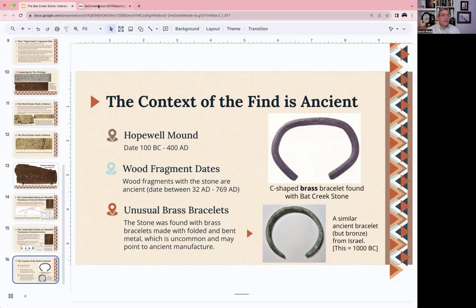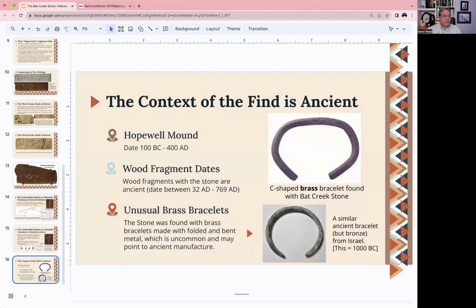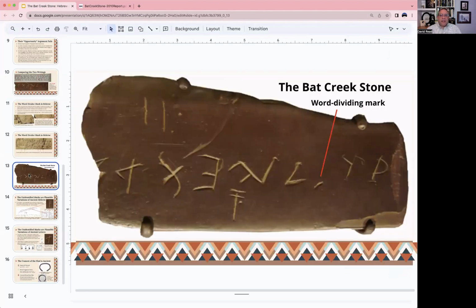In addition, for the Bat Creek stone, now these people are related to the America Unearthed series, so Scott Wolter. But Scott Wolter's background is as a person who studies rock, so petrographic services. And the American Petrographic Services did do a study of the Bat Creek stone. And in particular, what they were focused on in their study is that there are old pictures of the rock and newer pictures. And what they found is that